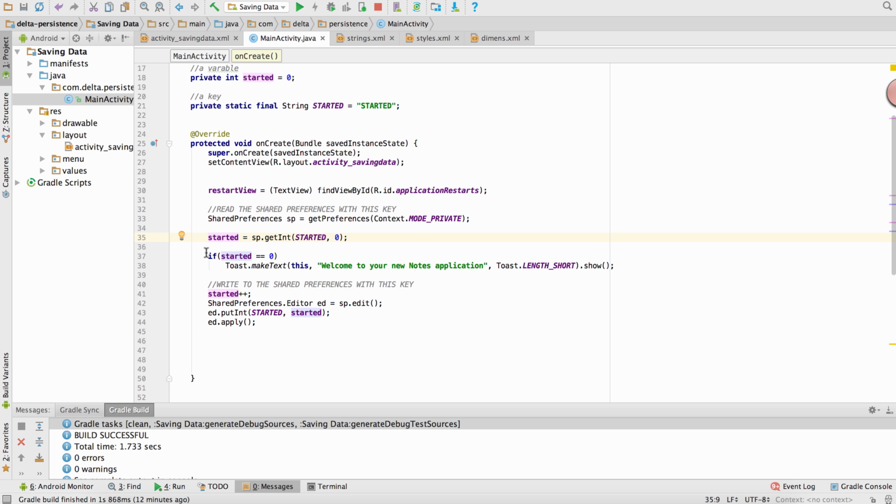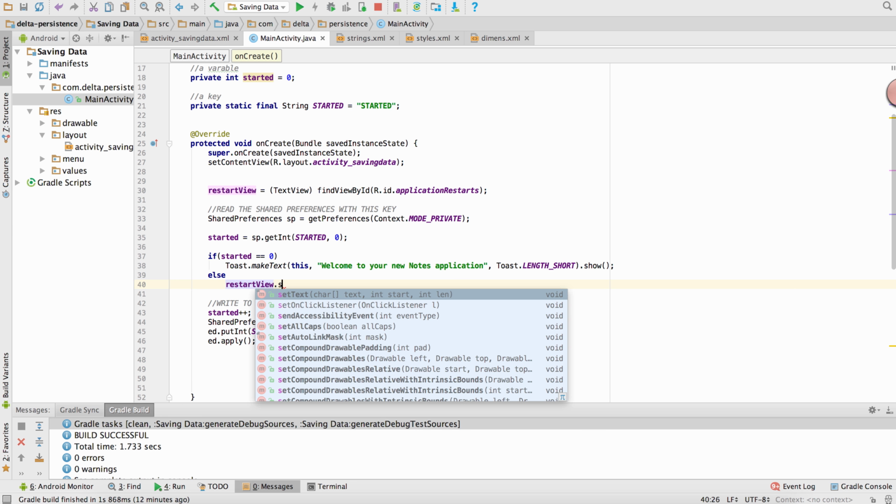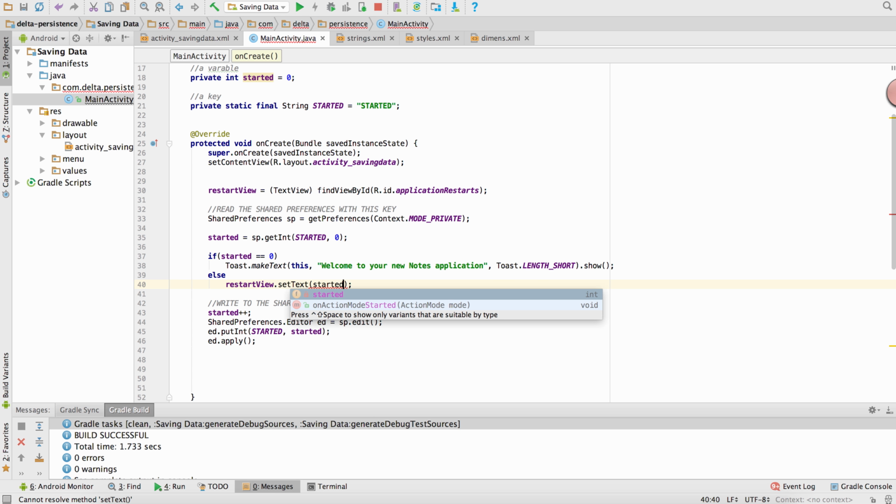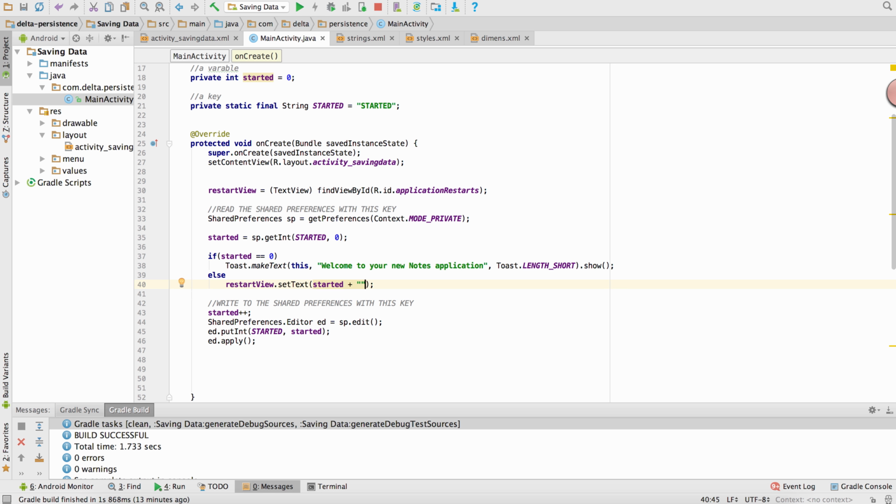So if it was read as 0 times, then you show a toast message. What if it has been shown before already? So what you do is you can just come down to else and say restartView.setText, and we just change this to whatever the started is. Started.toString, if you do that, this doesn't work. So what you do is just add an empty string to it, so it gets converted into a string. So restartView.setText will become a string now. Because when we display, we have to display always as a string. So let's just save this,